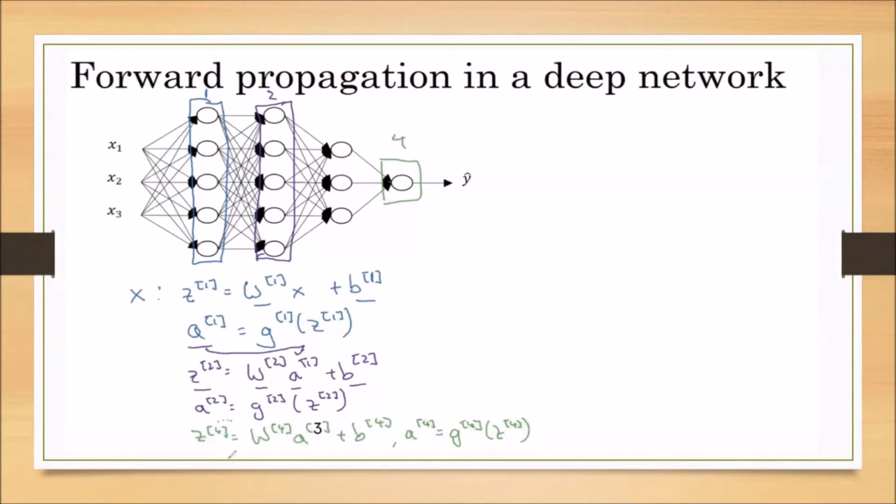Now, similarly, we can calculate the Z3. So if we are finding the final layer Z4, in the final layer, when I am taking the W4, the W4 matrix size is 1 by 3. And A3, how many activation units are there in the third layer? 3 activation units. So it is a 3 by 1 matrix. So the result is a 1 by 1 matrix, and B4 is a 1 by 1 matrix. So Z4 is nothing but a 1 by 1 matrix. Z4 is a 1 by 1 matrix because we have only one activation unit in the fourth layer.